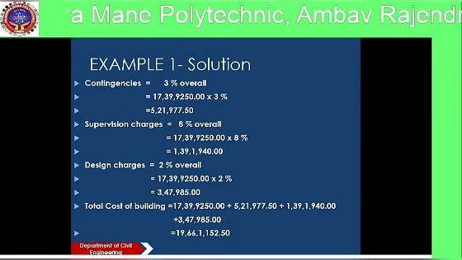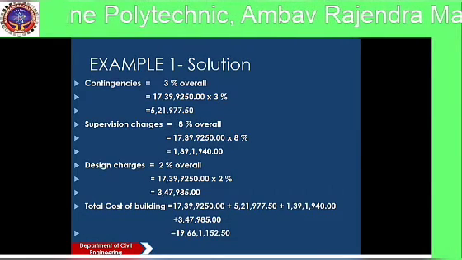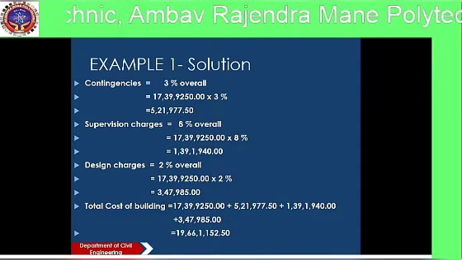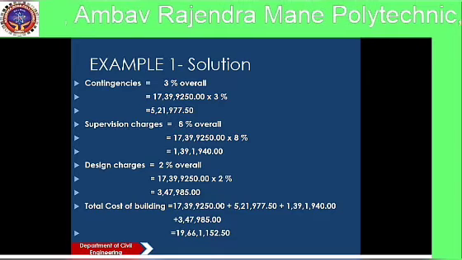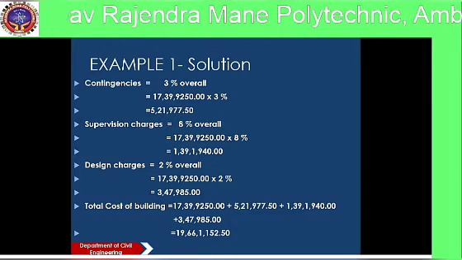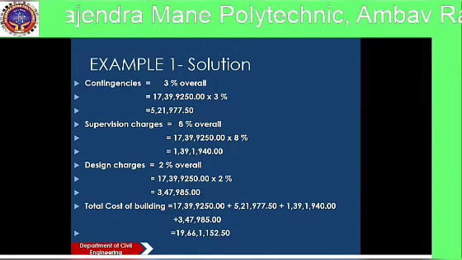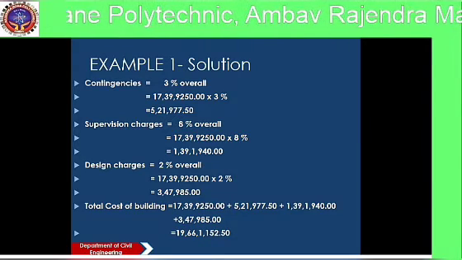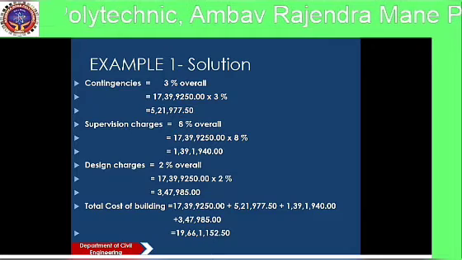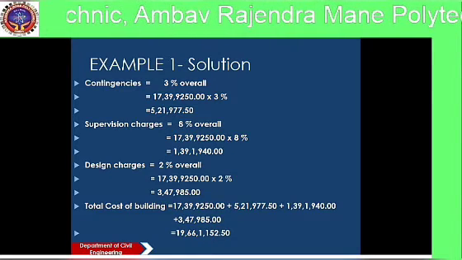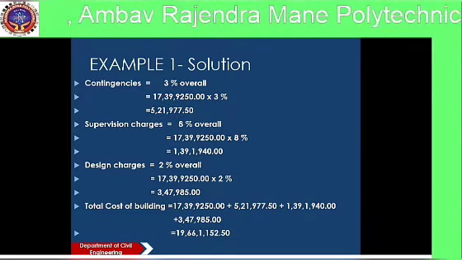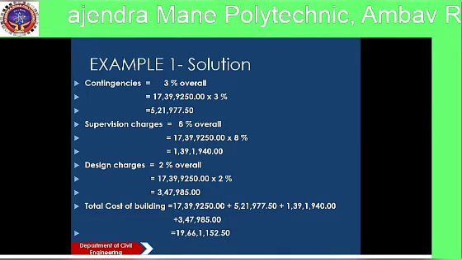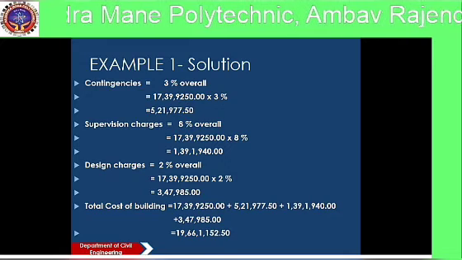That is 1 crore 73 lakh 99,250 and contingencies, supervision charges, design charges, which is equal to 1 crore 96 lakh 61,152 rupees is the total cost of building or total approximate estimate of building of